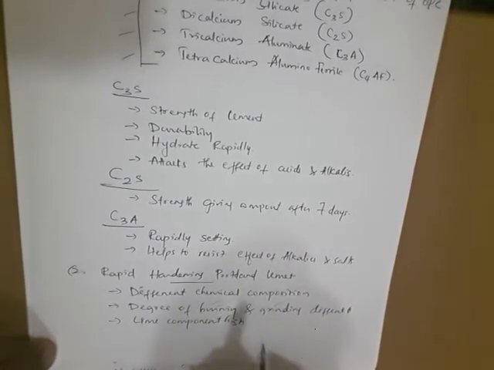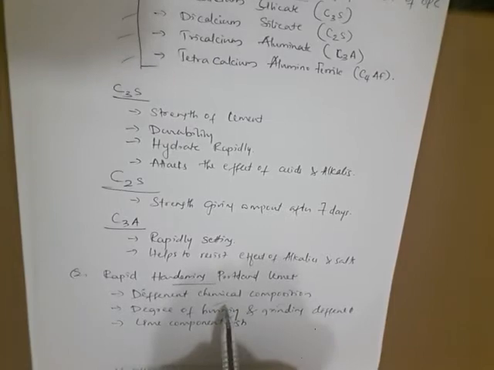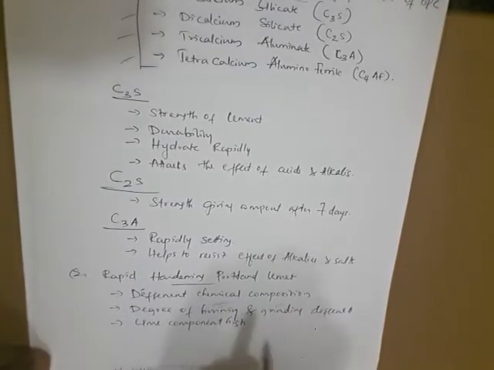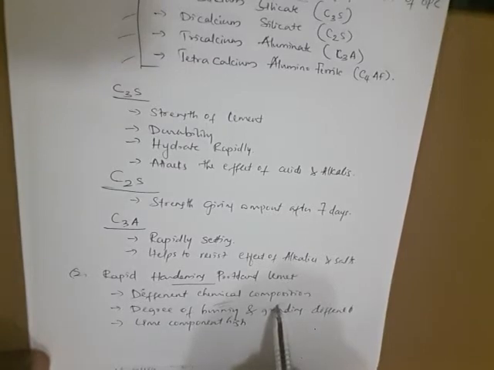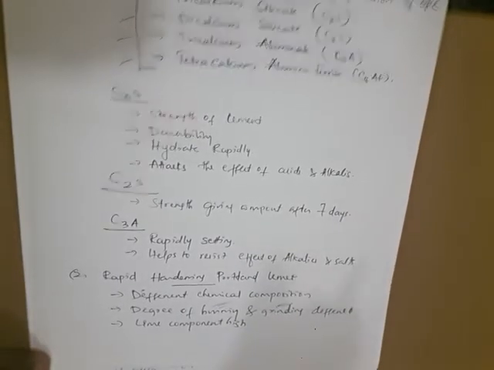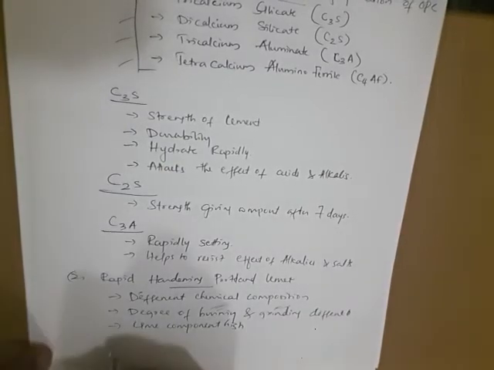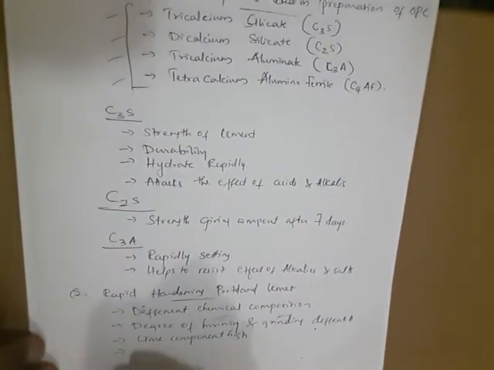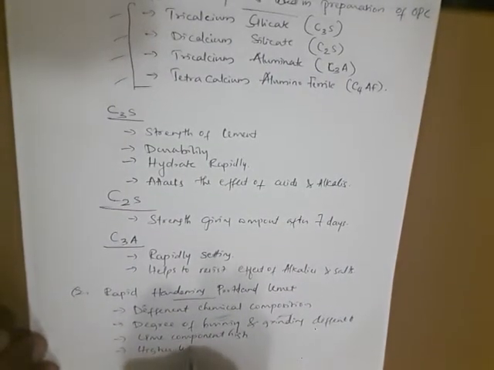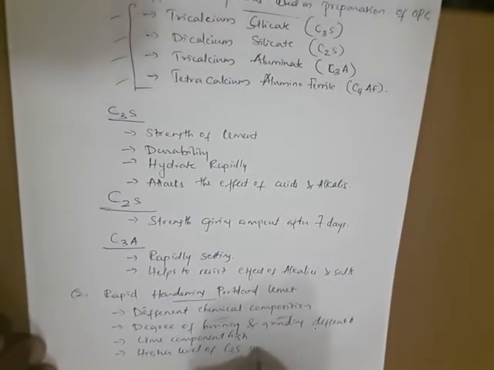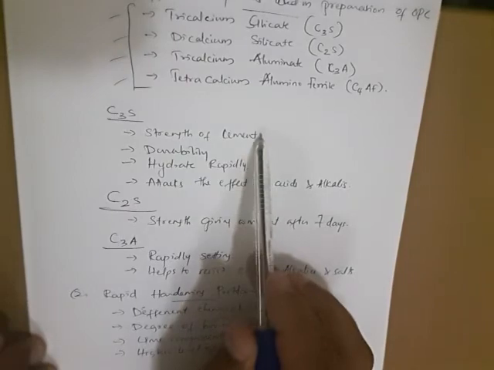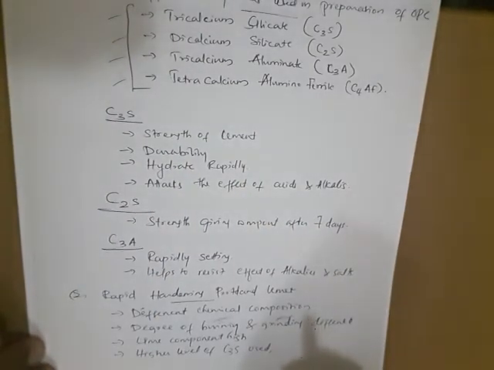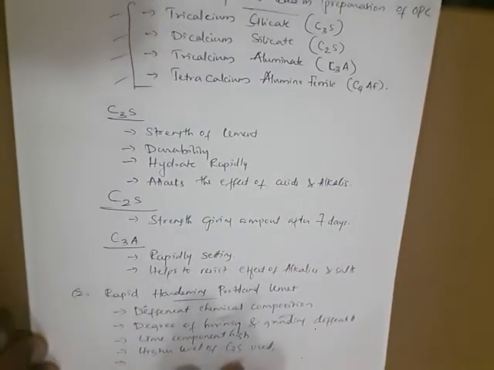The degree of burning is defined by short time burning and finer ground particles. And with respect to the compounds, a higher level of C3S is used for reducing the initial setting time. A higher level of the C3S will be used, and by using this cement,